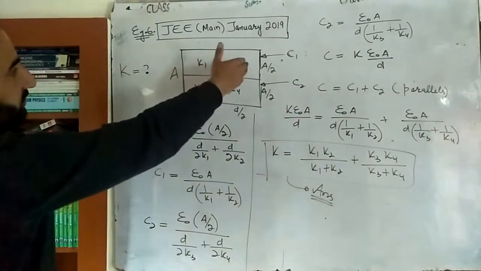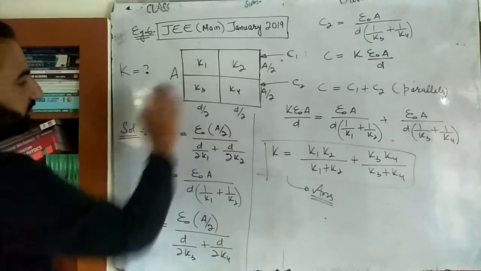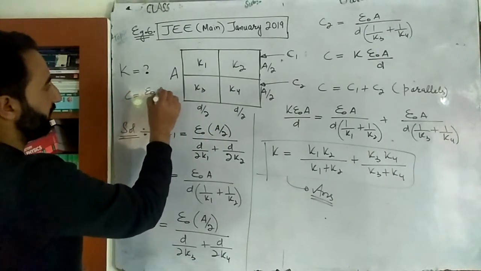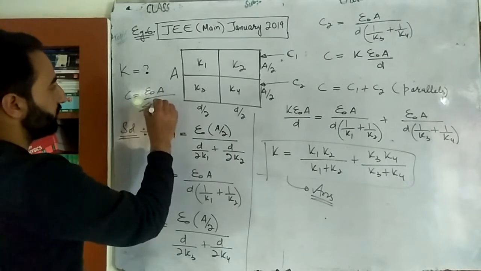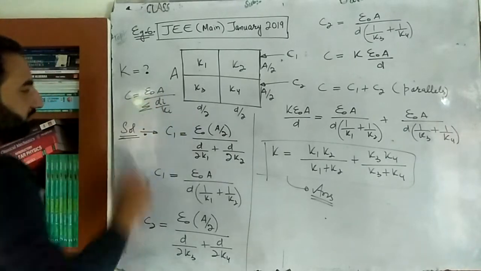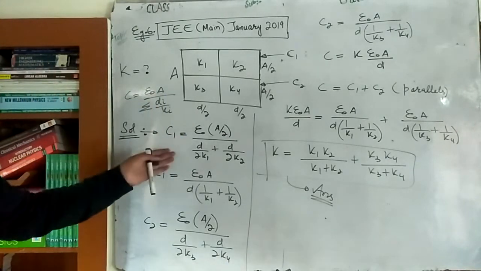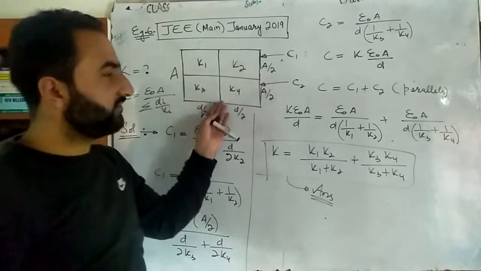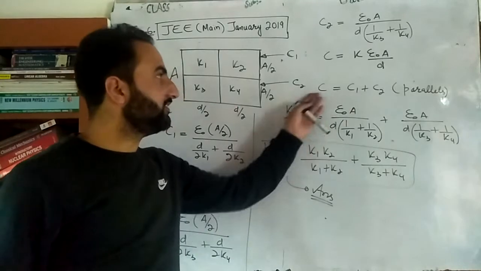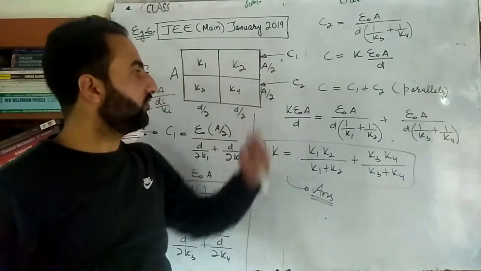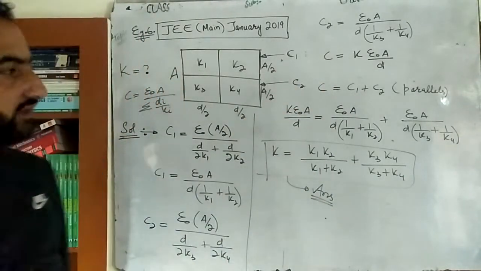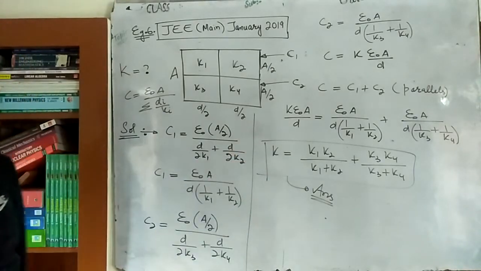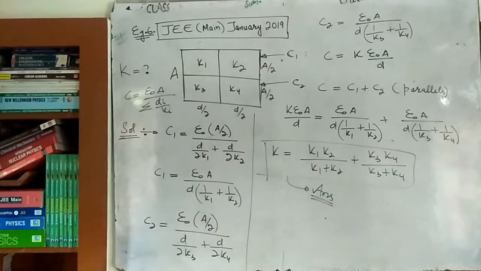Simple. This one, this and this are connected in series. This and this are connected in series. So I will use this equation, that is C is equal to epsilon naught multiplied by A divided by the summation of di by ki. Okay? So I will use this equation twice in calculating C1 and C2. Then since C1 and C2 are connected in parallel, C will be equal to C1 plus C2. Then some parameters will cancel, some parameters will survive. Finally the answer is this. Okay, pause the screen and write it down.